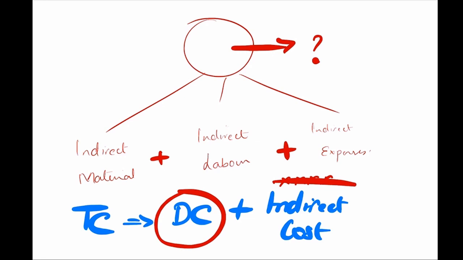So we are trying to learn in this chapter how we are going to classify overheads, and how we are going to find out the cost of overheads for a particular product, right? So before we go in, let's classify the overheads. Overheads are classified based on functions into four categories: